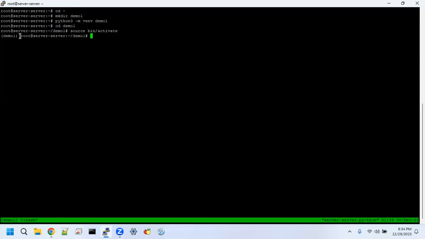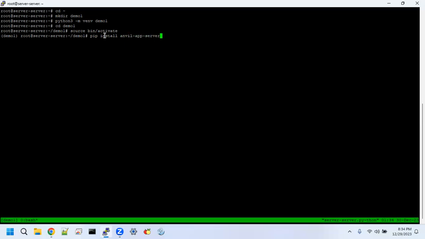And you'll see when you create a Python session, the session name appears on the command line in parentheses at the beginning of the command line. Okay, so that session just enables us to install Python libraries so they don't conflict with Python libraries that are installed in other environments. So we'll do pip install